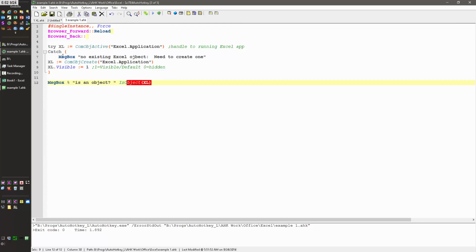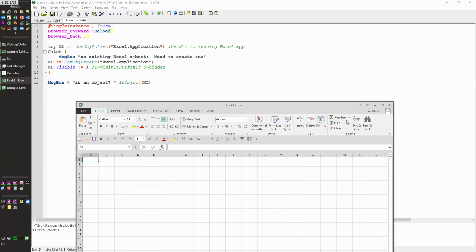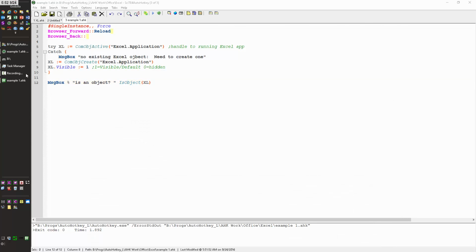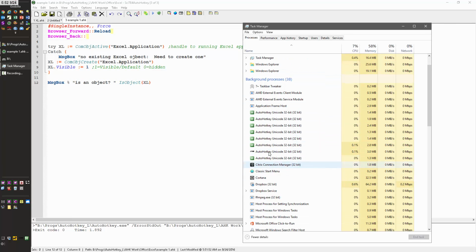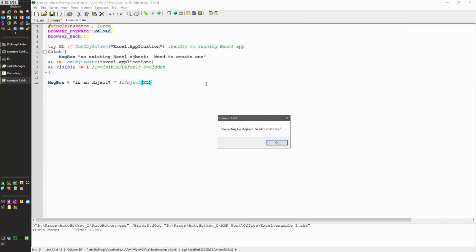Notice this message box did not come up, right? Why is that? Because it tried to connect to an Excel application. It actually worked, so it didn't do the catch part and jumped right down to here. But let's close Excel, and just to be safe, let me make sure I go in here. I don't see Excel here, and I don't see it here. So now when I run this,